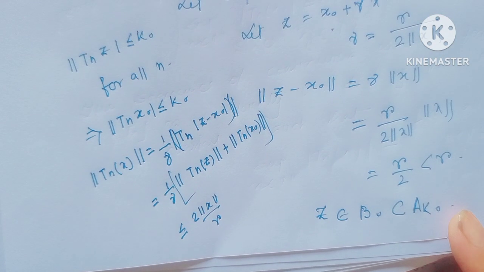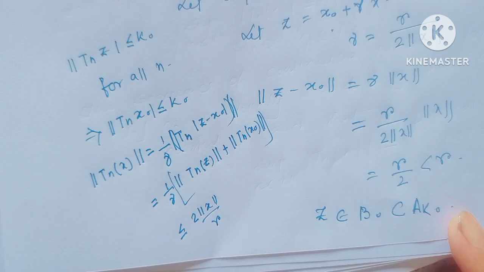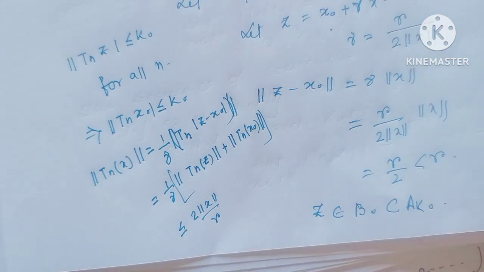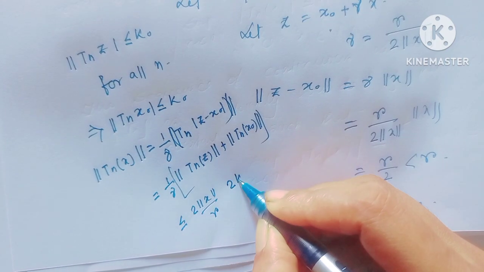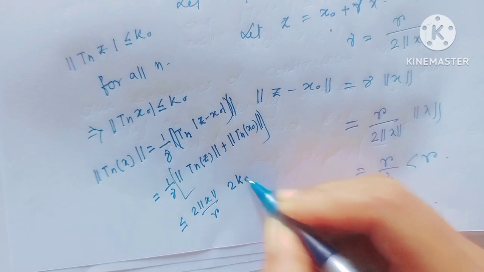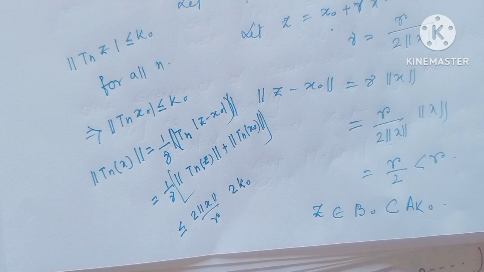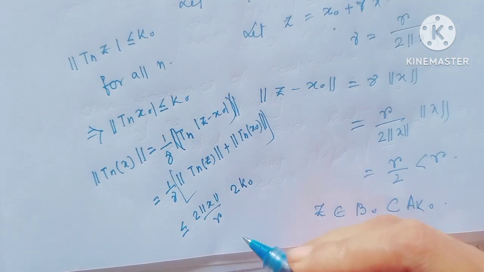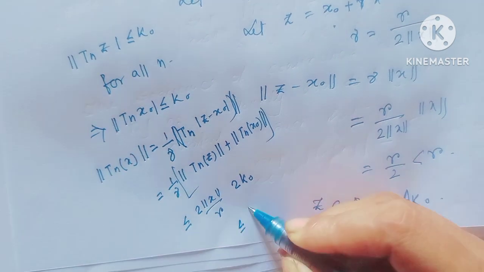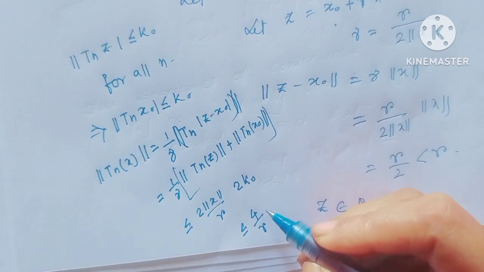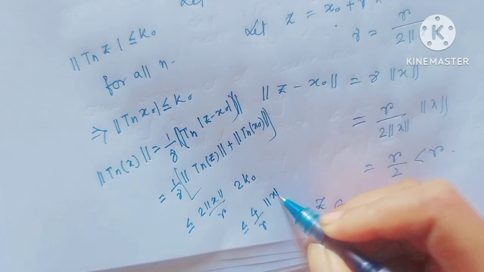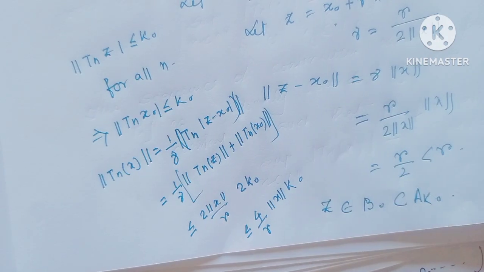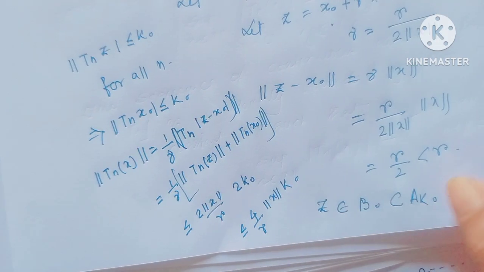Since norm Tn z is less than or equal to k, therefore this is less than or equal to k naught, this is less than or equal to 2 k naught. Therefore this is less than or equal to 4 by r norm x k naught. Therefore we can write